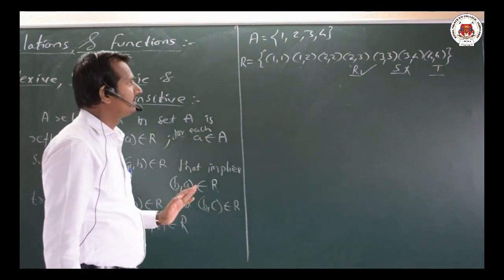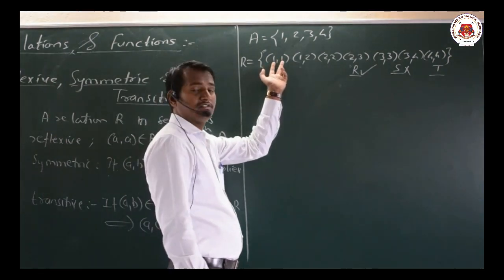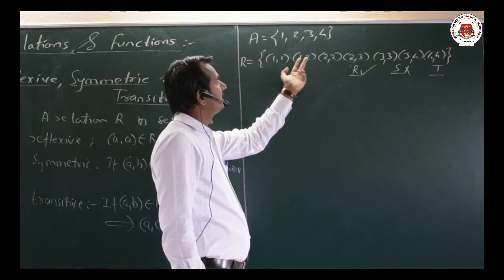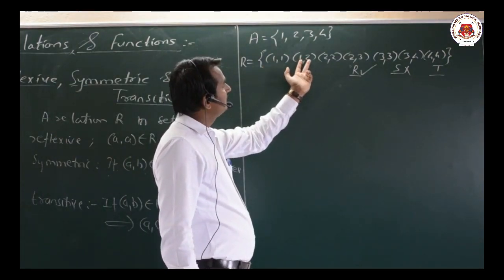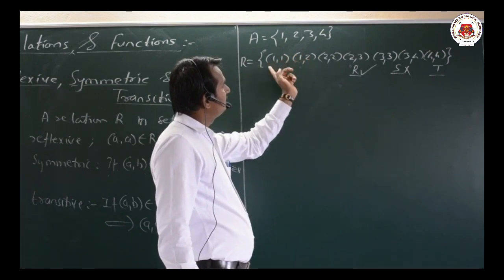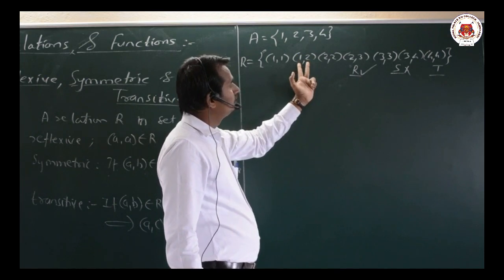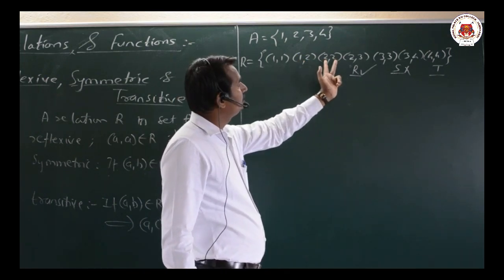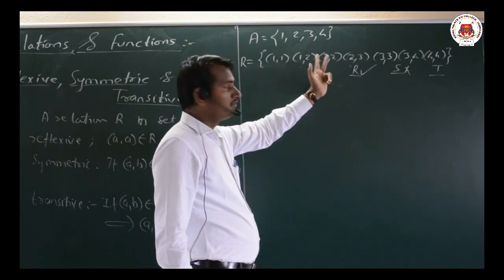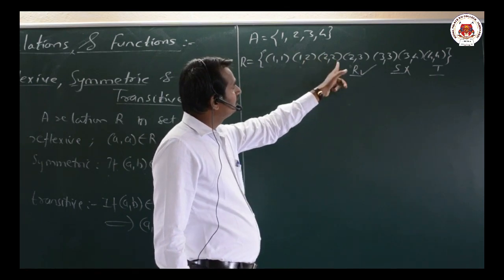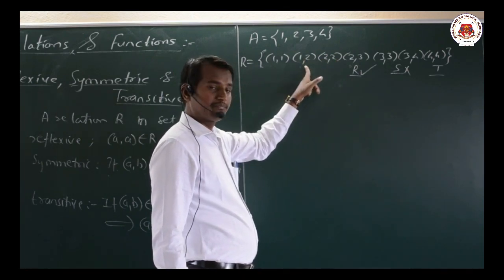Now how do we take it? For example, here we have (1,1). Anything starting with 1, we have (1,2). (1,1) is there, (1,2) is there. That means (1,2) should also be there, and that is also here. Then we have (1,2) and then (2,3)... and (2,2). (1,2), (2,2) means (1,2) is also present here. Okay, fine.